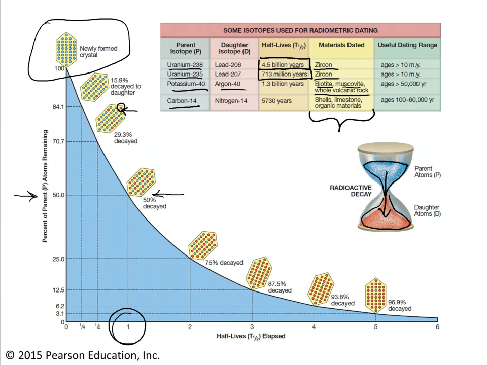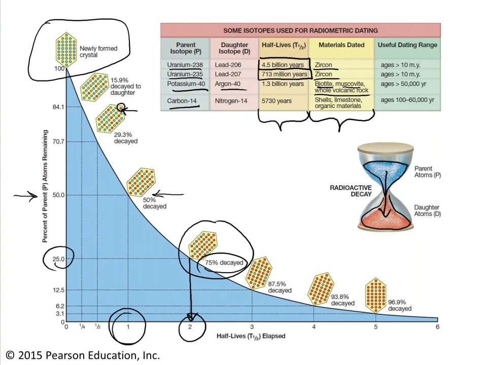So the idea here is that you look at the proportion of parent to daughter. Say you have 25% parent and you have 75% daughter. That indicates that 2 half-lives have passed. And if 2 half-lives have passed, then you need to multiply that by the length of a half-life, okay, the